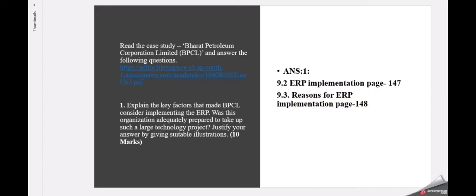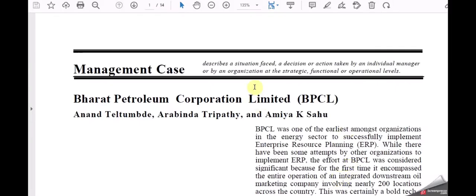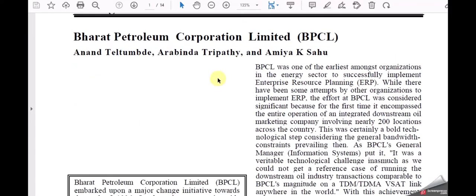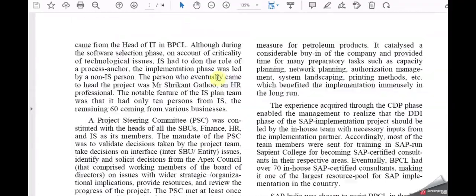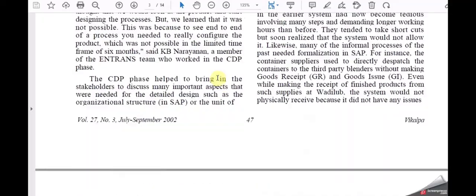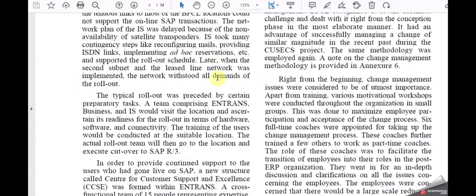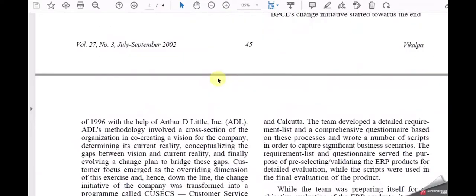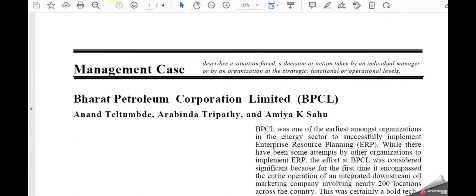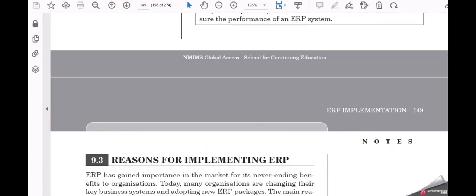Let me just go through. I'll just show you the case study. Once you download, this is what the case study looks like. This is a 14-page case study. It's very interesting. You can just read through, then you can understand what exactly the information we are looking for here. You can write it in your own words. Let's go to the page